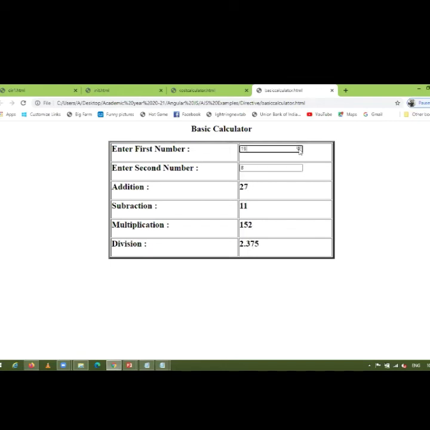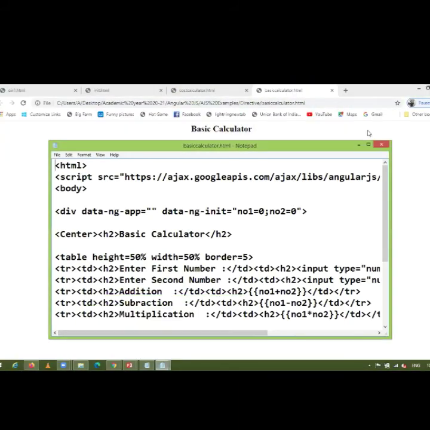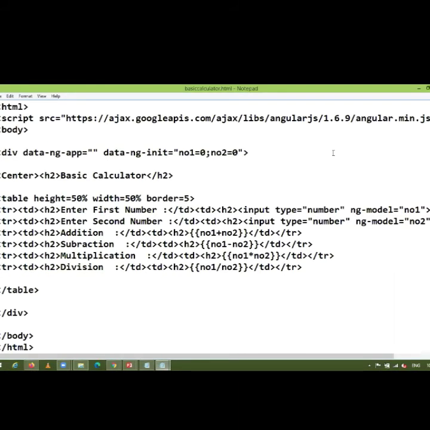See, we are developing this calculator by using basic directives like ng-app, ng-init, and ng-model. See how we are developing this basic calculator.